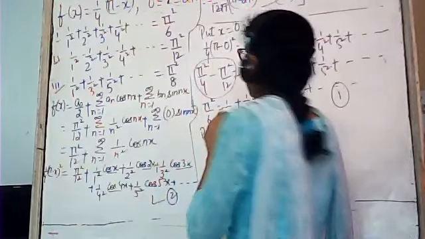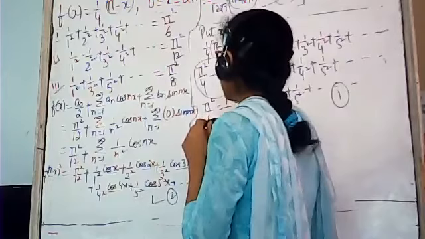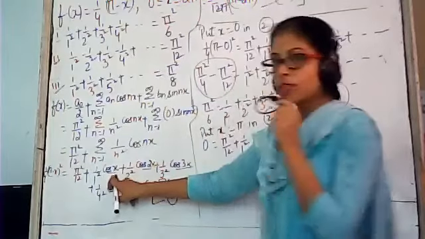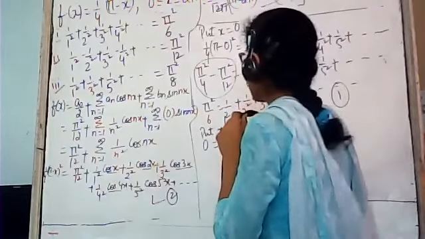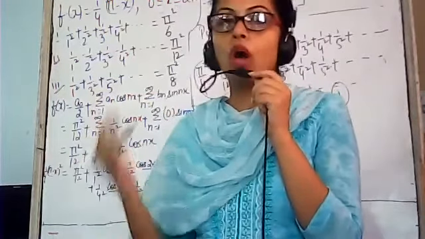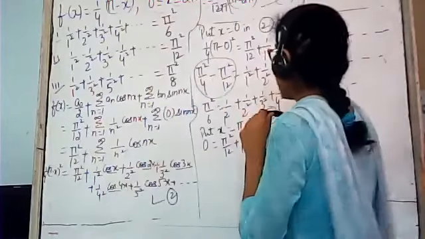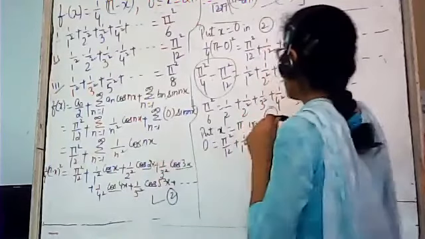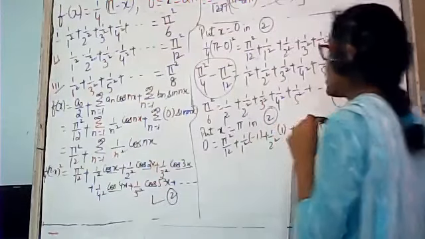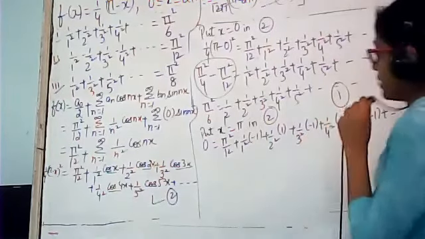If we put x is equal to pi in equation number 2, the left hand side will become 0, pi minus pi, it will be 0, is equal to pi square by 12 plus 1 by 1 square. This is cos pi, and cos pi is minus 1. For all the even multiples the cos value is plus 1, and for all the odd multiples of pi the cos value is minus 1. So it will be minus 1, plus 1 by 2 square into cos 2 pi, this will be 1, plus 1 by 3 square, this will be minus 1, plus 1 by 4 square, it will be plus 1, plus 1 by 5 square, it will be minus 1, and so on up to infinity.